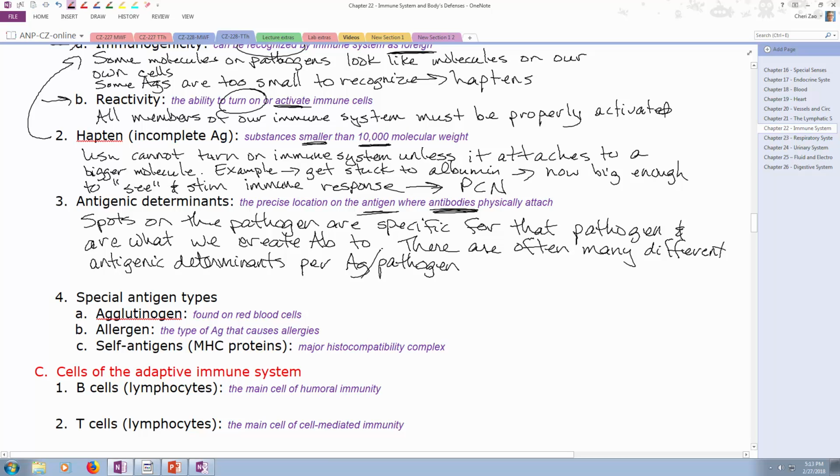So if you have an E. coli, let's make a rod type guy here. He's got all kinds of things all over his surface that make him E. coli. And you will have antibodies that are only going to respond, only going to be created and recognized